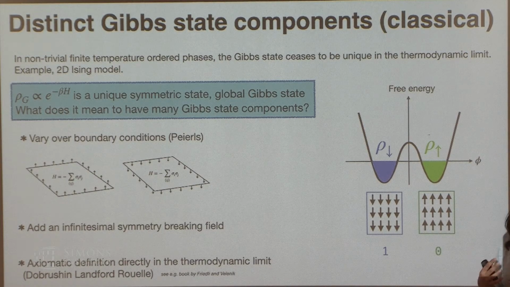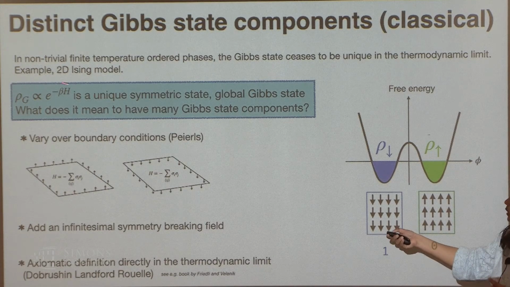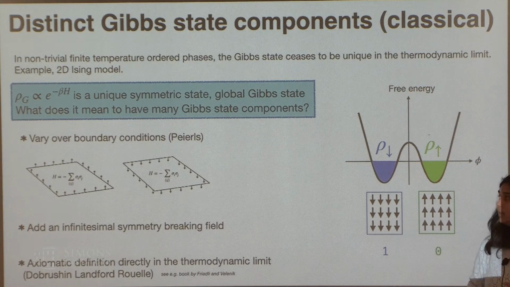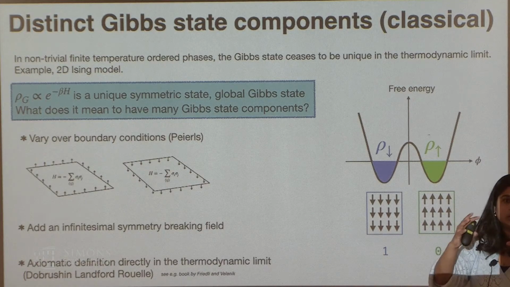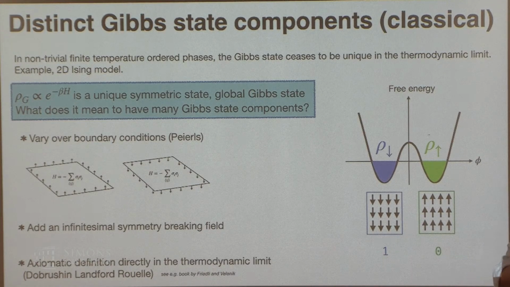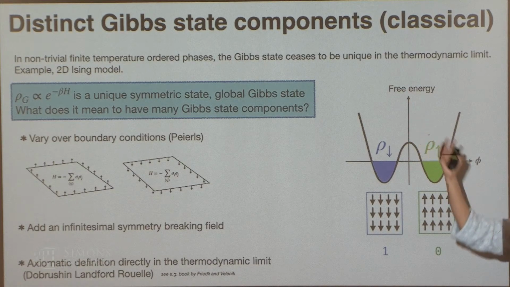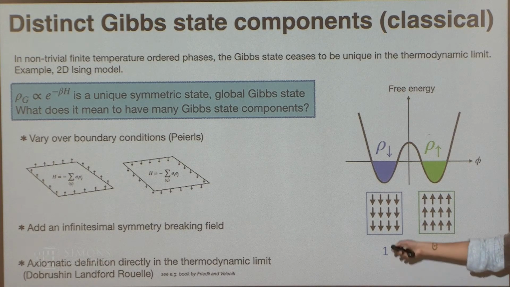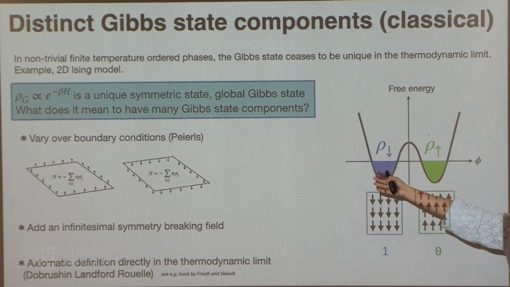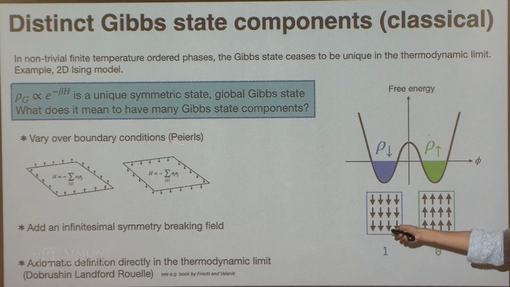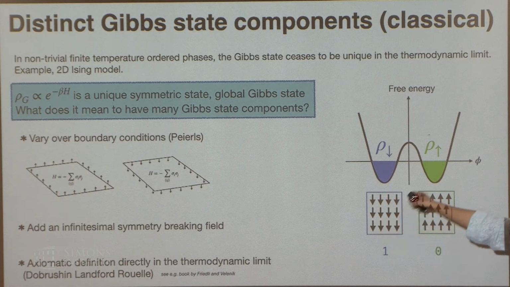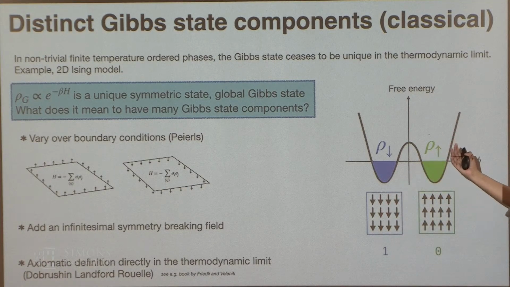As physicists, some of the things that we learn how to do in grade school or in the first StatMech class is that, okay, if you want to define spontaneous symmetry breaking, you should do various things, like, for instance, maybe add a small boundary field and then look at the state that you get deep in the bulk of the system as you take the system size bigger and bigger, and ask, does the state in the bulk care about what your boundary conditions are doing? If it does, then that's evidence of some kind of long-range order, and that you would have different Gibbs states. Okay, so to select out these two different states, you might put in polarized up boundary conditions or polarized down boundary conditions.